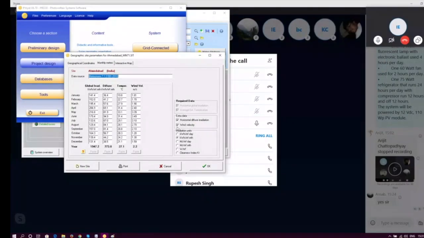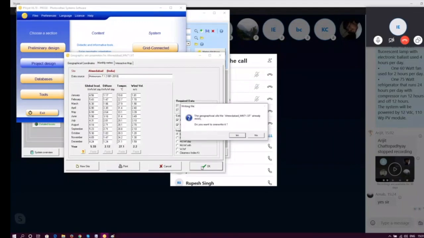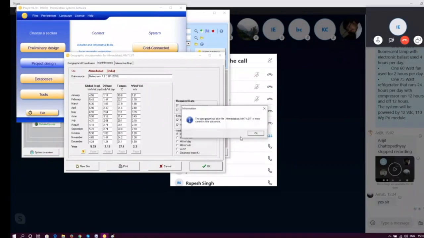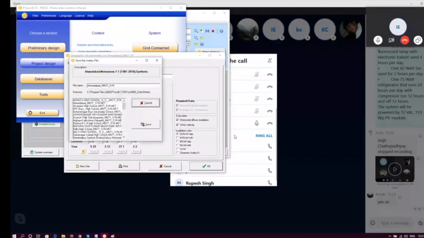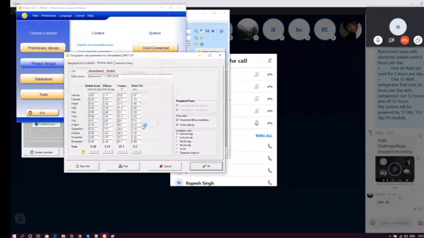So what we'll do is save the data in any mode you want. You can see on the right-hand side it is showing kilowatt hour per meter square per day or per month. I will be taking it per day and saving it. Once we click on the save option, it will ask us to overwrite again, yes, and ultimately it will save the data. It will open a box and let us save the data. Okay, so we will click and save the data.